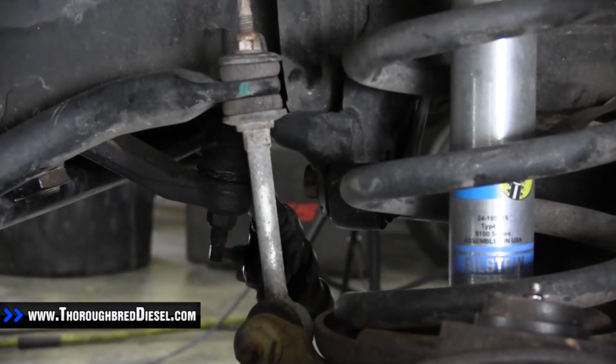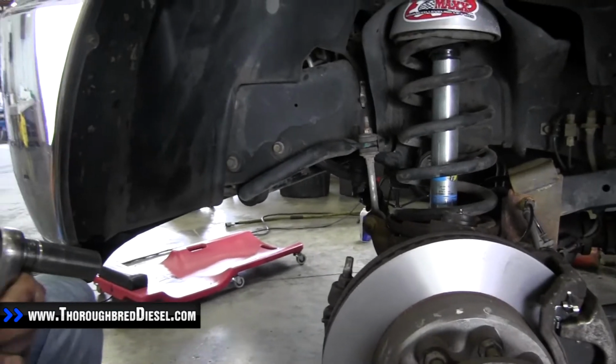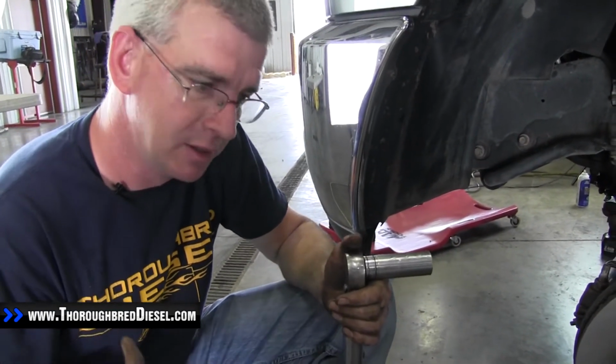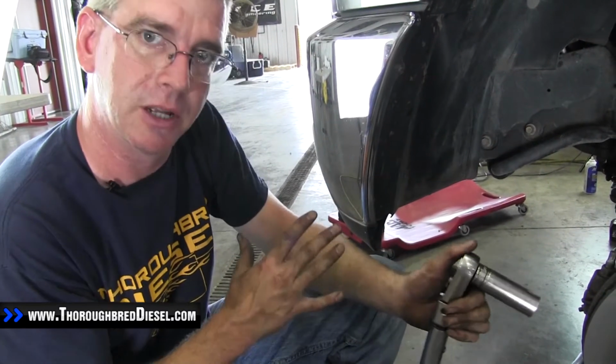All right, we're going to do the other side. Now the adjusting sleeve, this says to tighten to about 225 foot-pounds. You've got to get an open-end wrench on it, so just tighten it very, very tight for sure. So we're going to tighten the other side, and that's going to complete the installation of our BD track bar